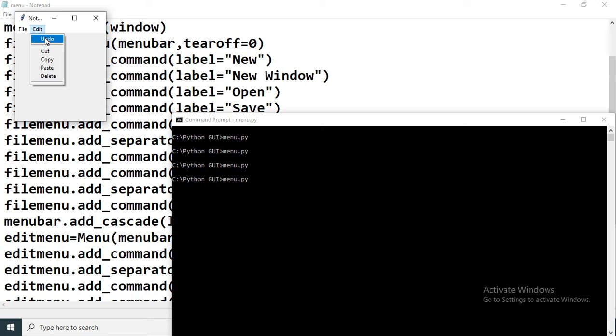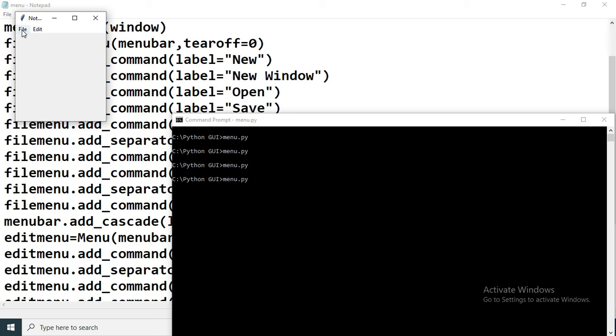One more thing is, this is just the UI, the user interface. So if I click on this, nothing will happen because I have not written code to perform the functionality. When I click on a particular option, like if I click on open, it is not going to open any window, because I have not written code here. We are just dealing with the user interface. For example, for file we have placed exit. If we click on exit, then generally it has to close, but its code we have not mentioned.